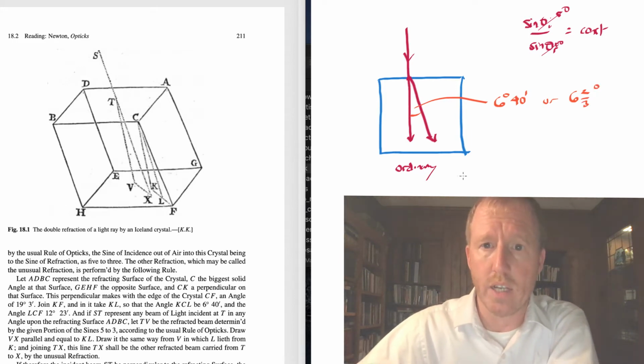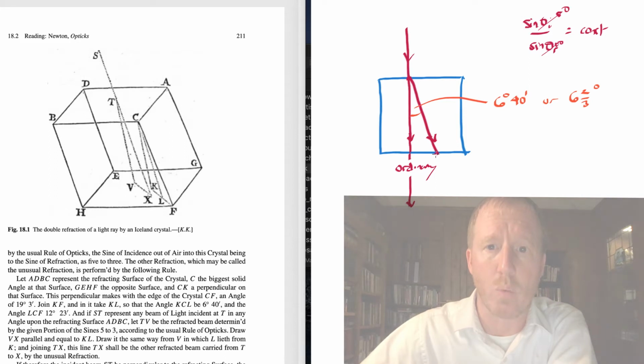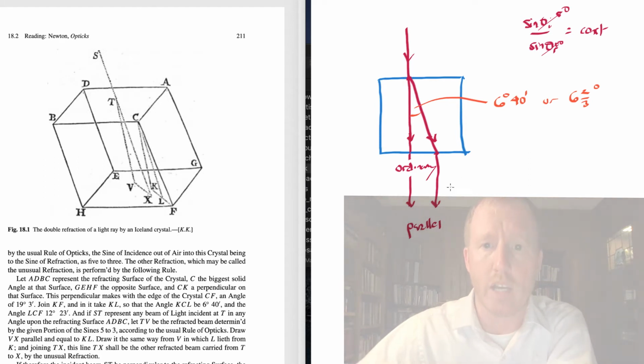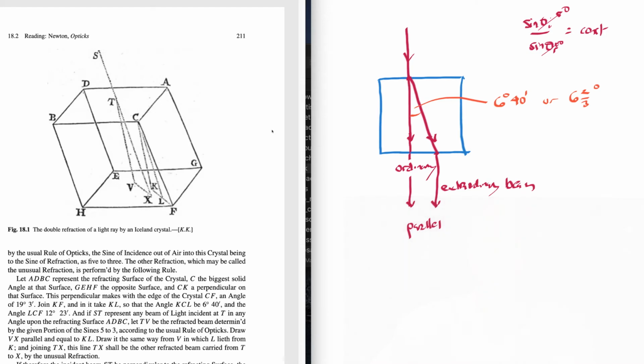Okay, and he says that as these beams travel through, when they get to the other side, once again they'll obey the same law of refraction. So this one will go through straight like this. This one, when it hits the side, it will then bend once again, and it will come through like this. And so the outgoing beams will be parallel to one another, but offset from one another. This is the extraordinary beam. Okay. So that is what he's highlighting here on pages 210 and 211. This is a very peculiar kind of thing.